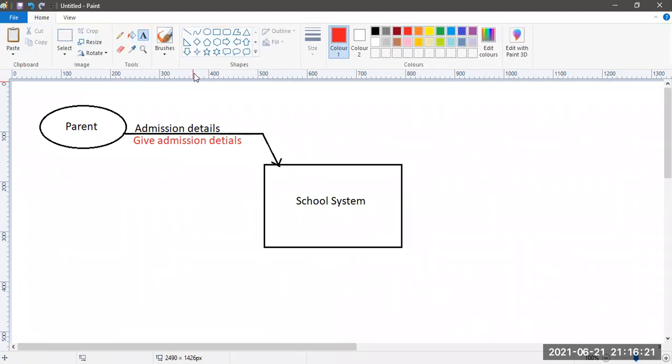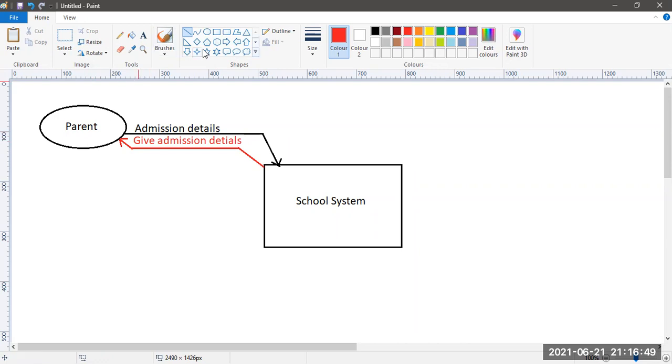Admission details was asked for, now they are giving. Okay, admission details given.